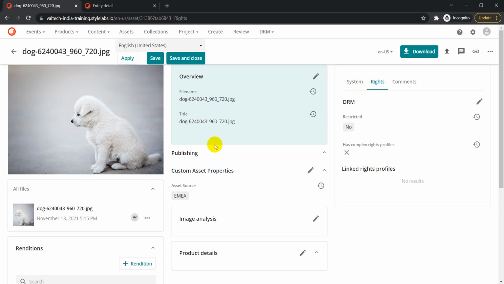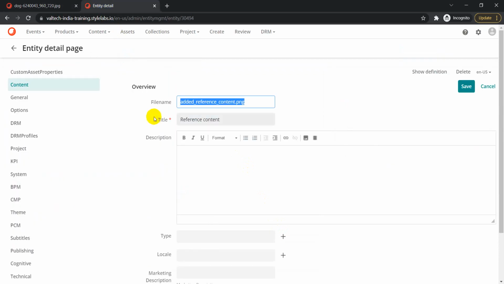So this is also an entity which is part of one of the schemas, the m.asset schema, and here we see all those properties, where content authors can make some changes based on their requirement. But the primary difference between this view and the other view is that, let's say we have 50 properties